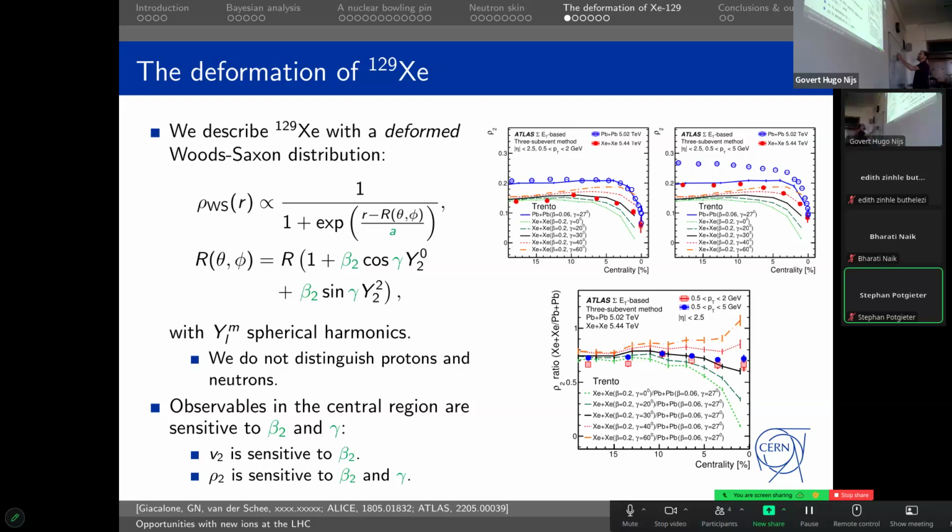Basically, if you have a prolate nucleus, which looks like this, then imagine that it collides like this. Then the overlap region looks like this, so it's elongated and relatively large. If it collides more like a cigar, head-on, then it's small and spherical. Now, if I have an oblate nucleus, and they collide like this, then it looks like this. But if it collides like this, it's